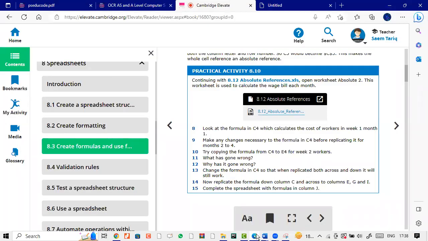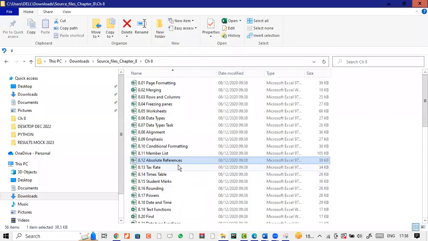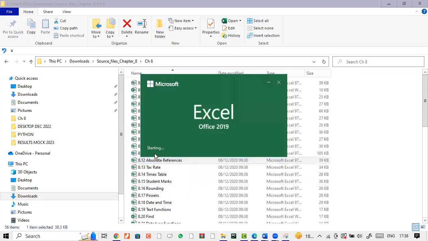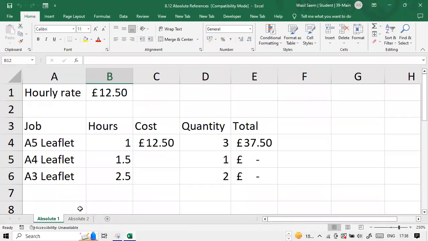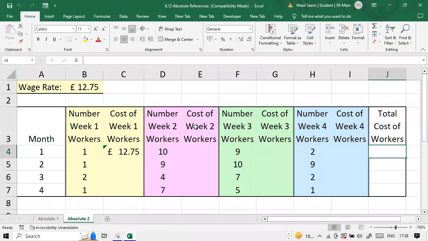Practical activity 8.10. Continue with 8.12 absolute referencing. Open the workbook Absolute 2. This worksheet is used to calculate the wage bill for each month. So open the sheet. Okay. And what you have to do is